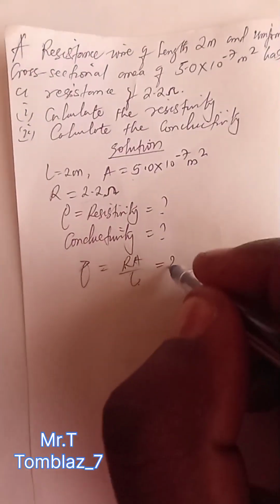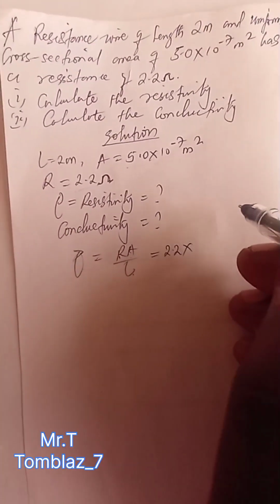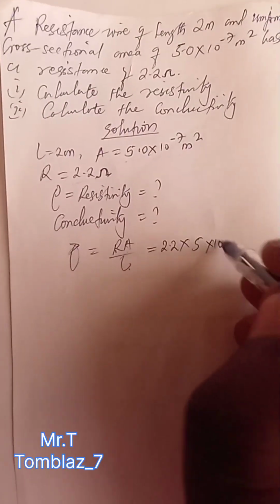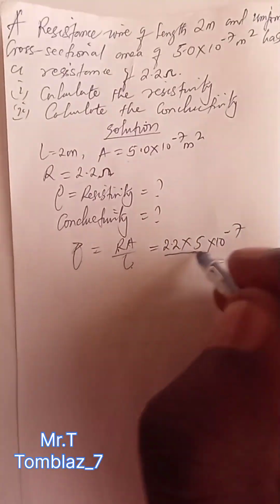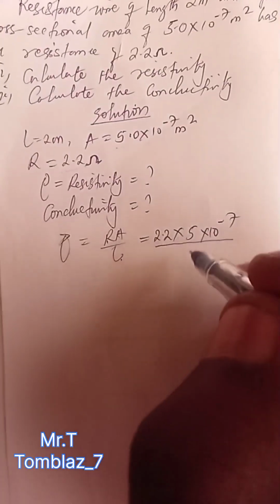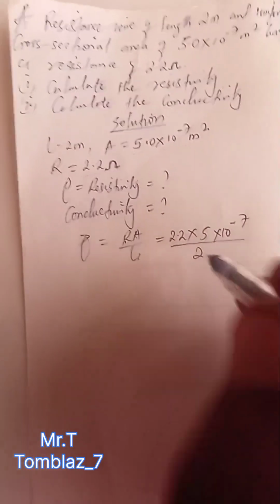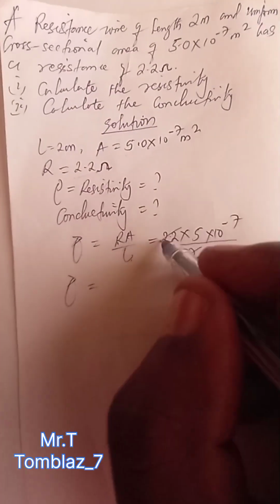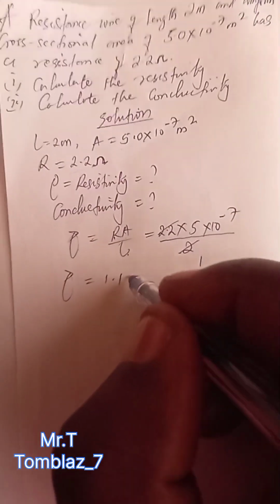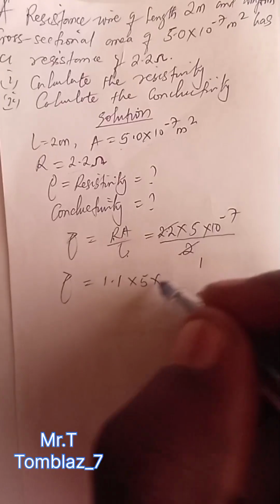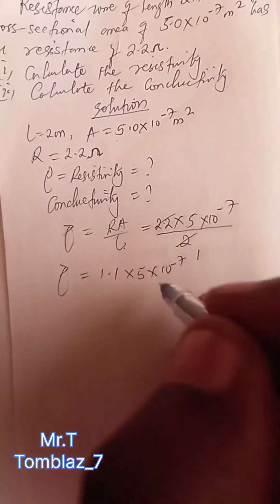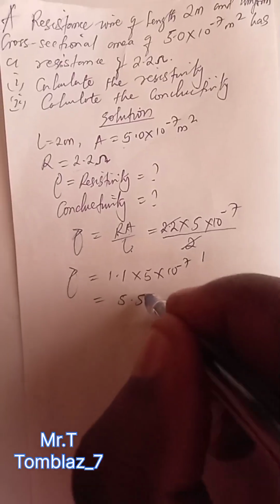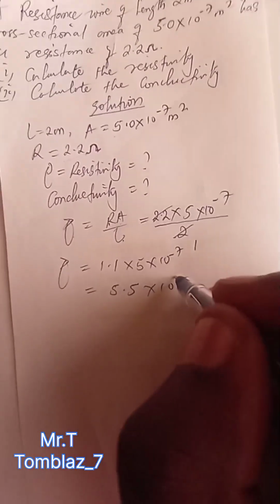Our R is 2.2 times our A, 5 times 10 raised to minus 7, all divided by our L, which is 2. So our rho is equal to 1.1 times 5 times 10 raised to minus 7. Multiplying this, we have 5.5 times 10 raised to minus 7,